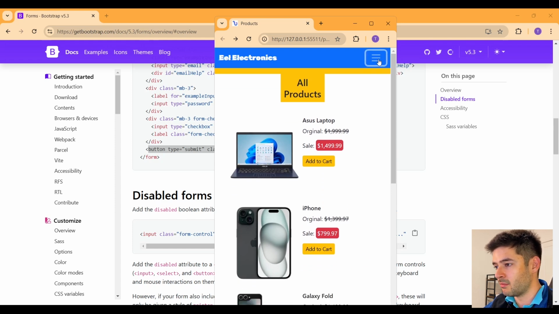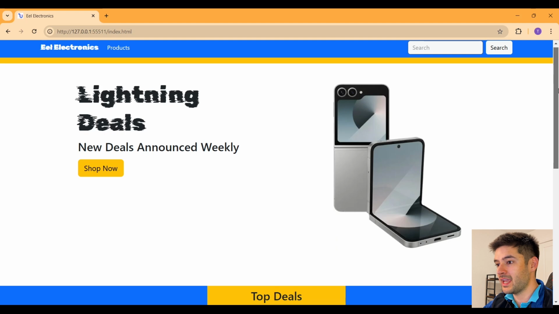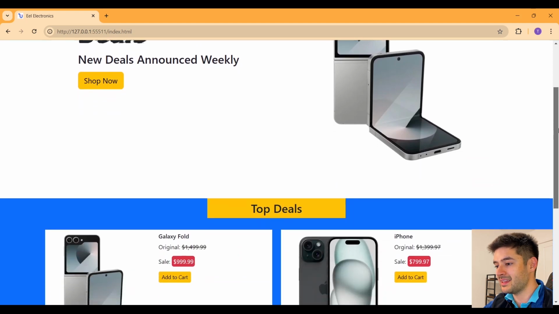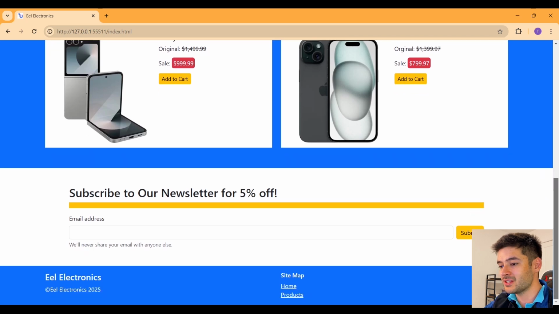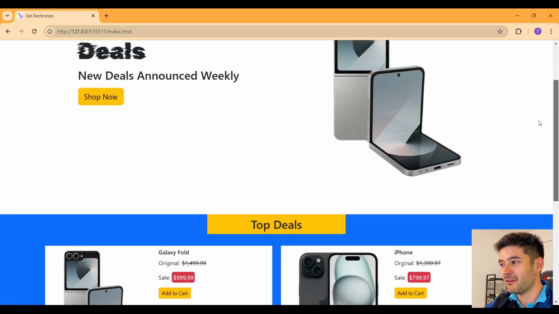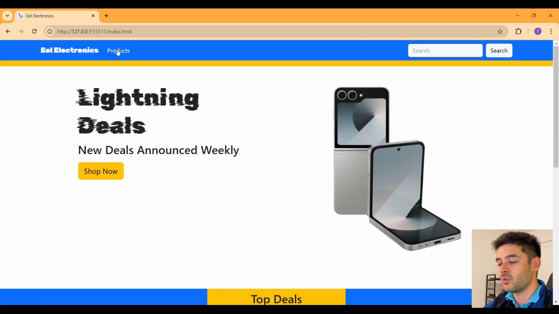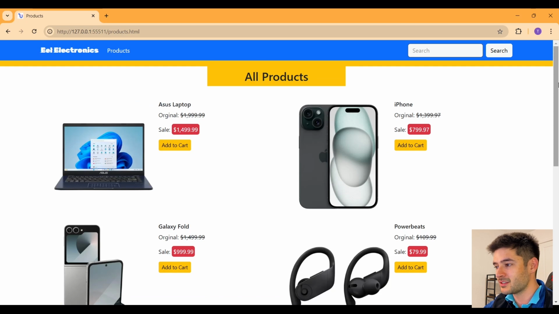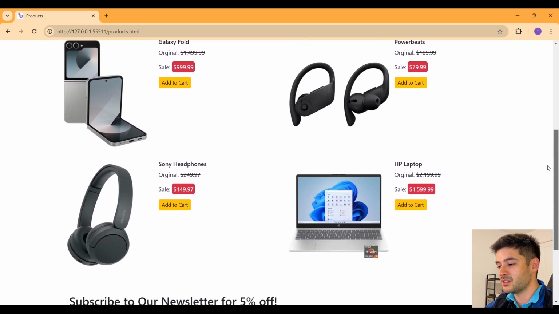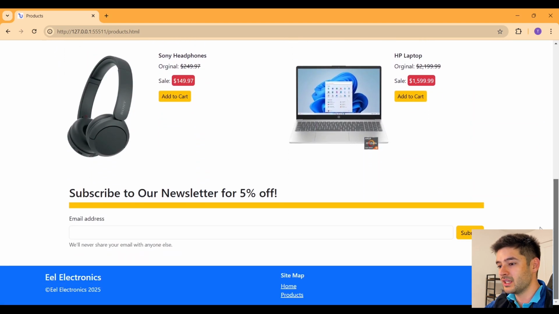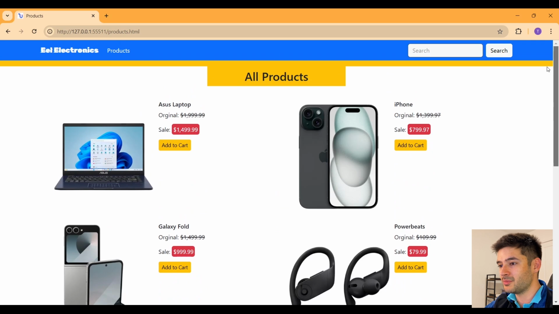our navigation bar. Congratulations, you just created a full HTML and CSS e-commerce website using HTML, CSS, and Bootstrap. I find this to be one of the fastest ways to develop websites and one of the easiest, especially once you learn all of the Bootstrap classes by memory. It makes it really easy and really efficient to develop websites without having to create a whole bunch of custom